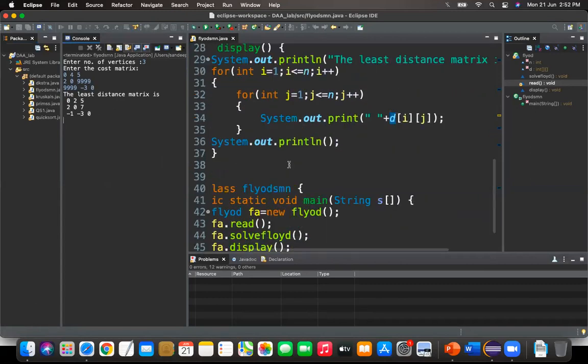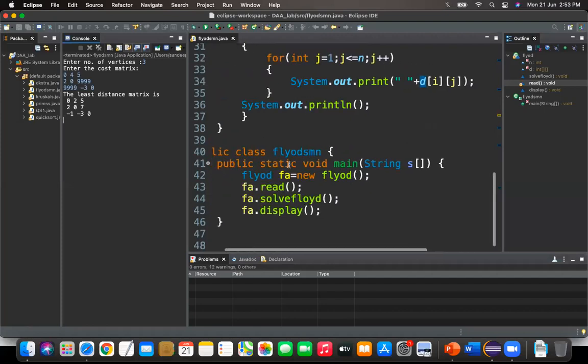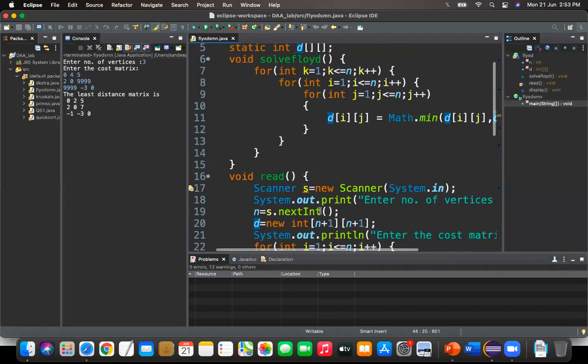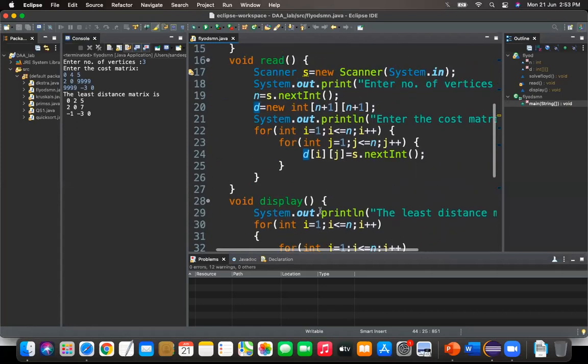So in the main program, the read function is there to read the input. Solve Floyd is implemented to implement that formula, and the display function will display the output matrix.